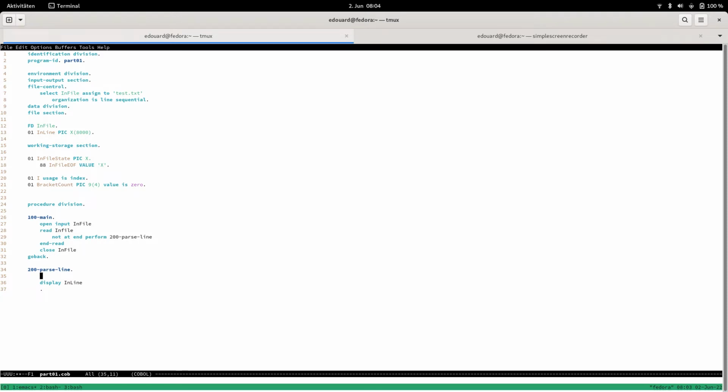I don't think we need it. Let's see. We have to stop when we reach the first space. That's the question I'm asking myself at the moment. So perform varying I from 1 by 1 until